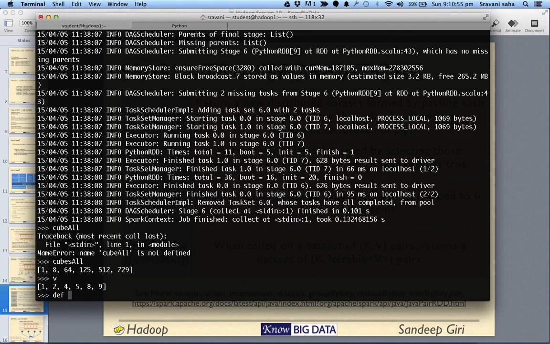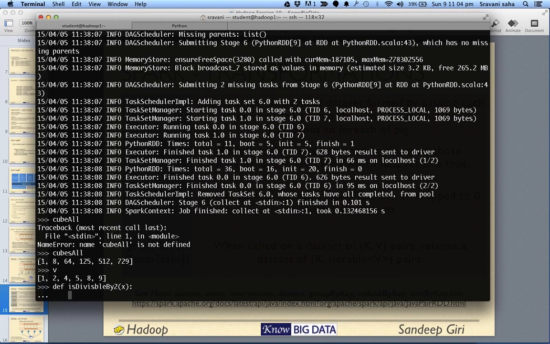Okay. So let's define a function called is divisible by 2, and here is our function. What it does is, if x percentage 2 equals 0, let me just put brackets. I'm not that great with Python because of my bad habits of Java.